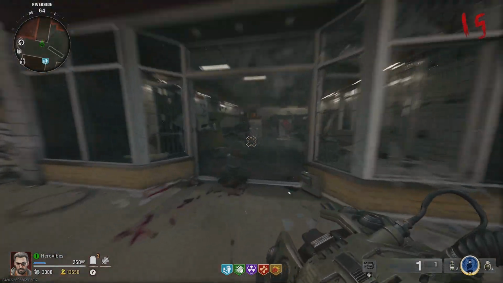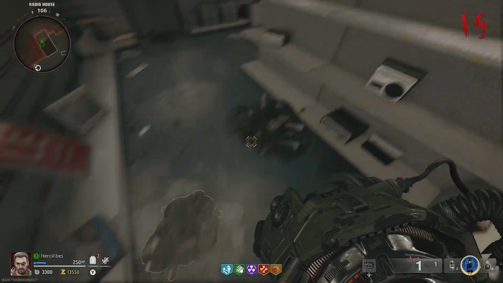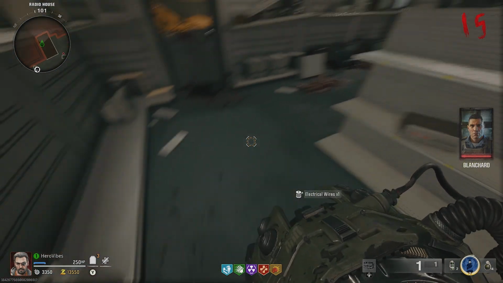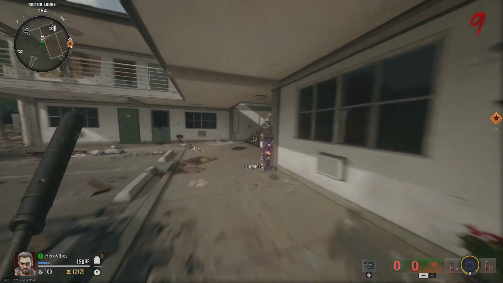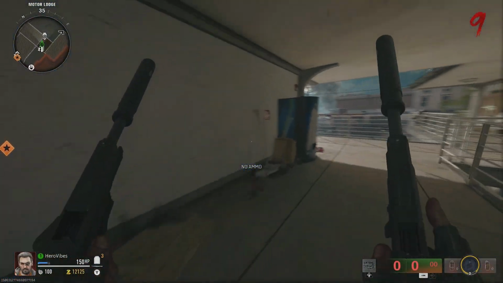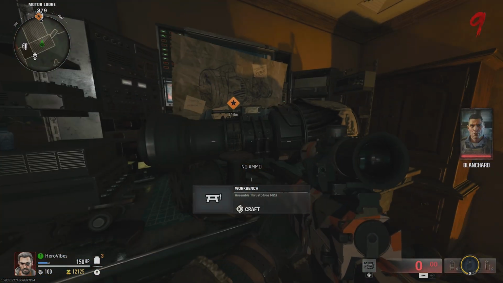Head to the riverside and face the Radio House store. Fire the mangler cannon, take off the doors, and go inside, interacting with the trash on the floor. Most of the time, you're going to get salvage, but in one of these piles will be some electrical wires. Once you get them, head over to the motel in the first area of this map, which is just up these stairs, and you'll be able to craft yourself the jet gun, or as it's known in this game, the